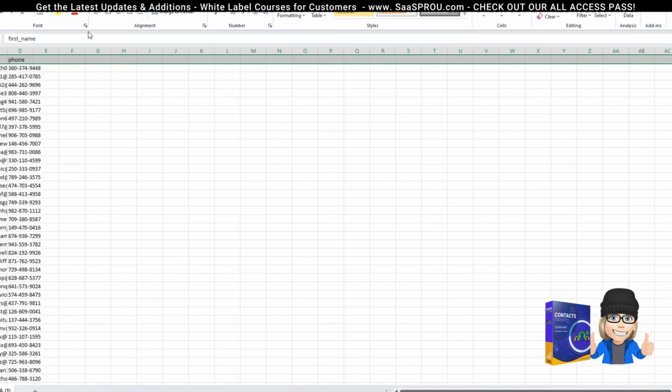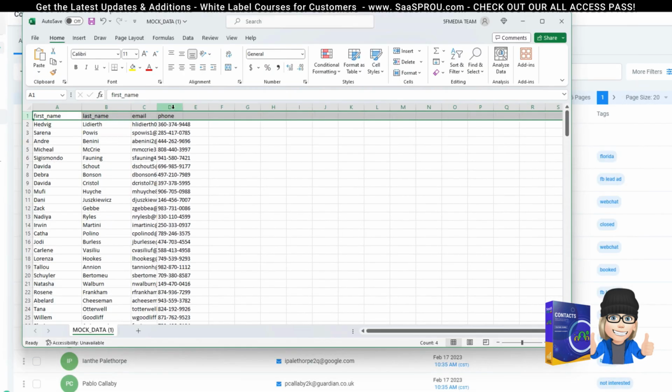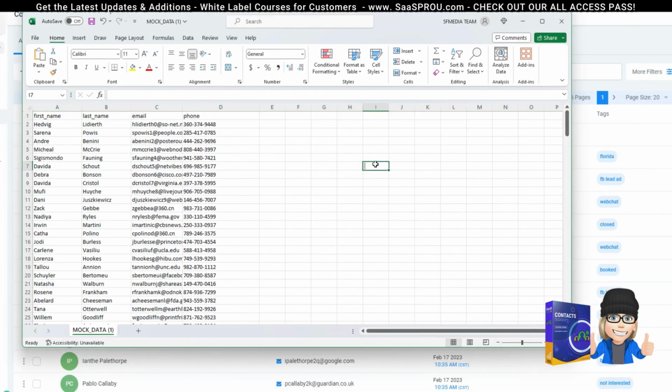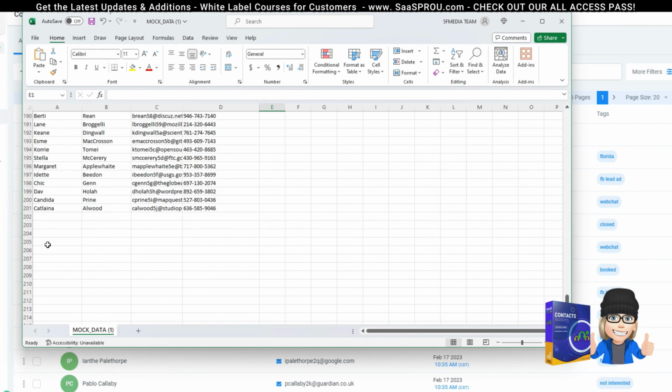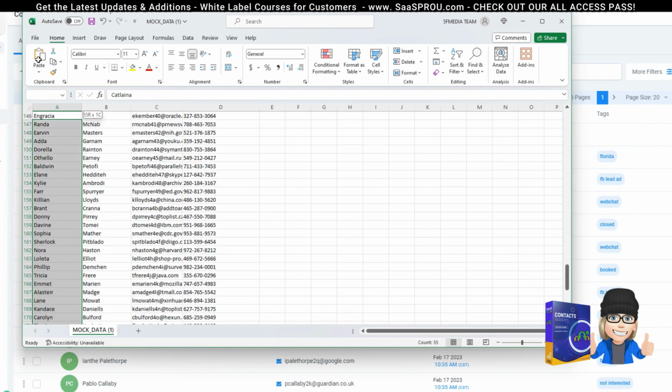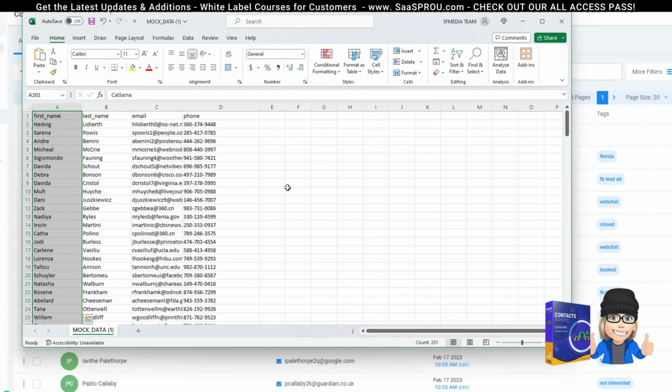I'm going to show you a sample of an Excel spreadsheet right here. We exported some mock data. One of the things that I recommend doing, no matter what your data is, making sure that you have a column for your first name, your last name, your email, and your phone number. Let me scroll down and show you the CSV. So this isn't a very big list. It's not 20,000 people. This is a list of about 200 people, so this is really easy to go through